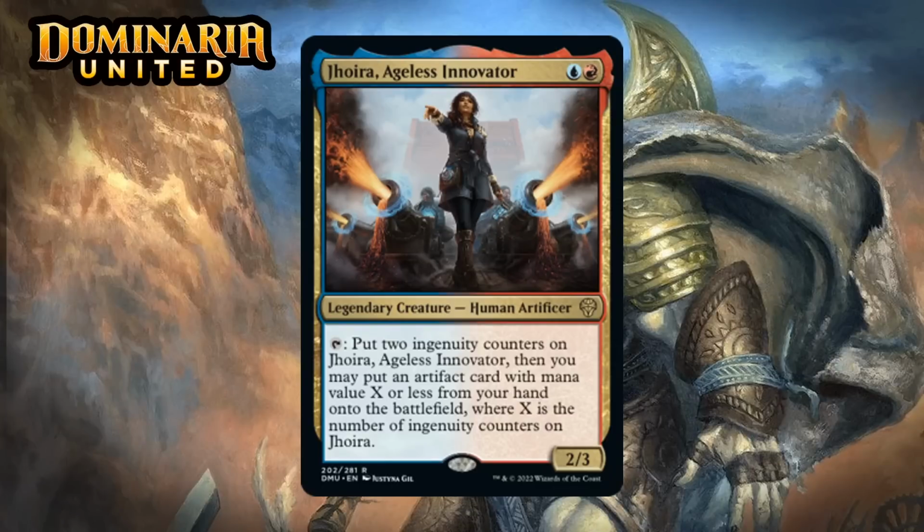Then you may put an artifact card with mana value X or less from your hand onto the battlefield, where X is the number of ingenuity counters on Joyra. So I do think this is a build around. Like I said earlier, there are artifacts in the set, but not enough to make an artifact payoff like this super easy to use. She of course has a decent baseline as a 2-mana 2/3, but if her ability is